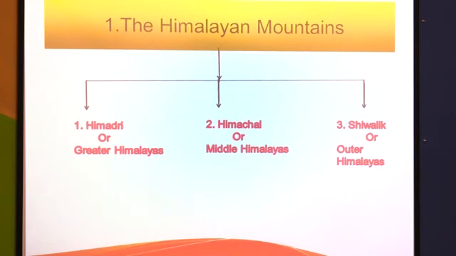It is called Himadri or Greater Himalaya. Coming to the southern side of Himadri, the second part has a height of about 3,500 to 4,500 meters. It is called Himachal, or Lesser Himalaya, Middle Himalaya. And on the southern side of this Himachal area are the Shivalik ranges,